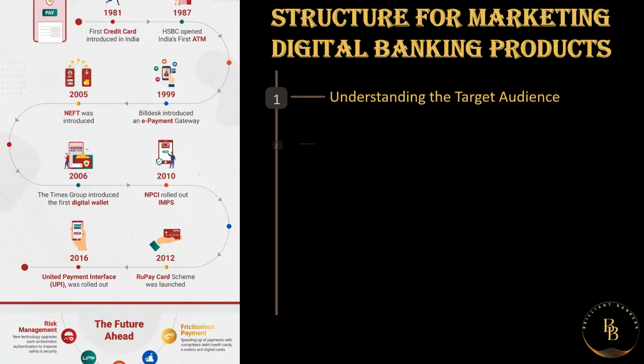By developing a unique selling proposition, a USP, identify what makes the digital banking product stand out from the competitors. We have to focus on innovation, that is, improvising on cutting edge features like the AI powered budgeting tools or the biometric authentication. The convenience, wherein there is a seamless integration with bill payments, instant transfers, and easy account management also.